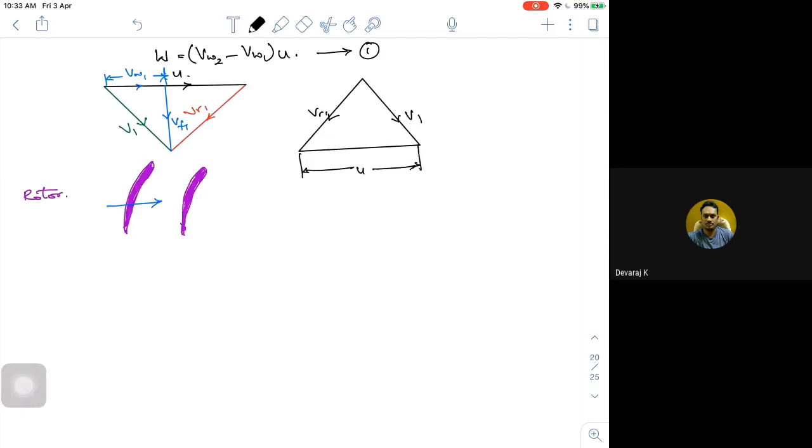Fine, this is the direction, and this is my VF1, and this is my VW1. Both are fine, so there is no wrong. I can't call the one on the right hand side wrong, or the one on the left hand side. So both the triangles are correct. Either I can write like this, or I can write in both the ways. Both are correct. So both are the inlet velocity triangle. This is the inlet velocity triangle.